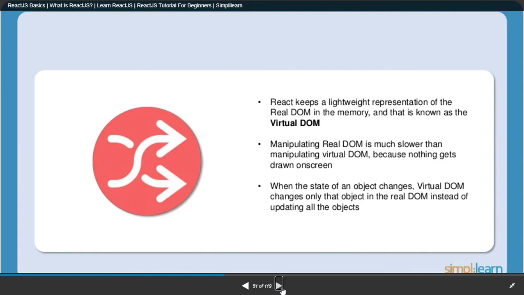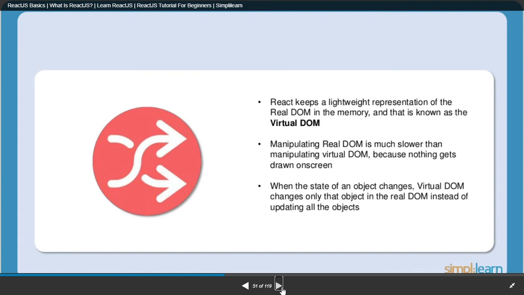But in case of virtual DOM, if I hit the like button, there will be a particular component, so only that particular state will re-render, not the entire page. Only that particular thing will re-render, which will improve the performance of the application. If I'm hitting only the like button but the entire application re-renders, performance will go down, right? But in the virtual DOM, only that like button component will change, which will help the performance of your application much more.